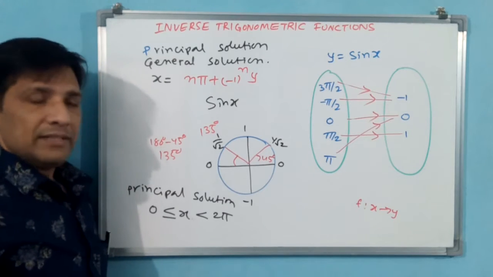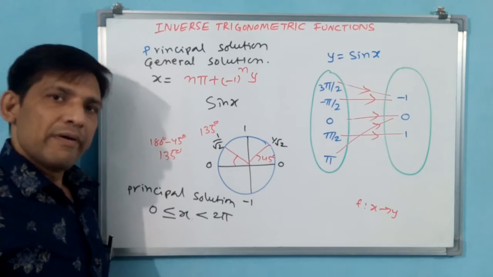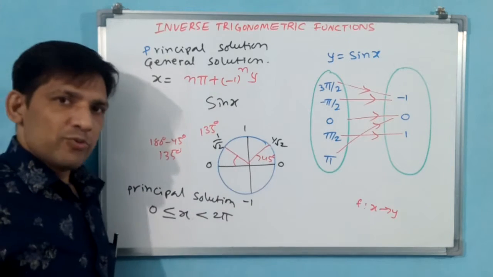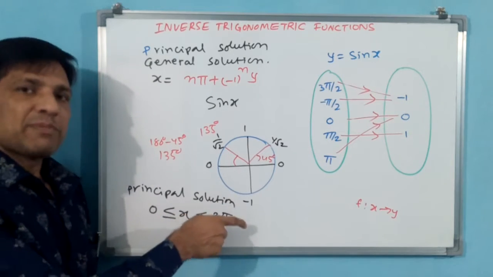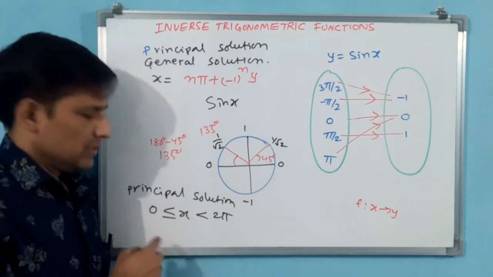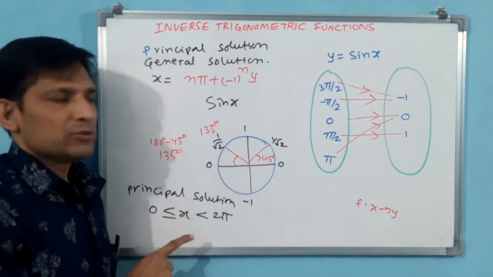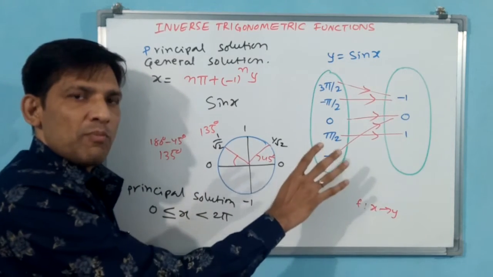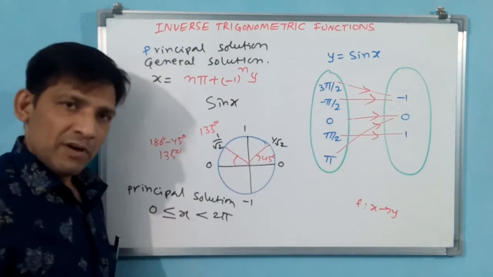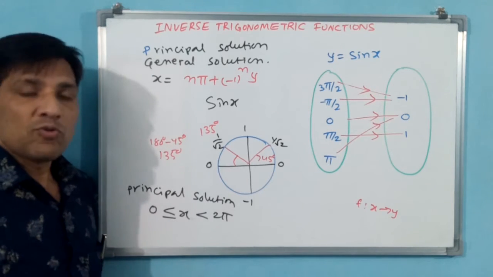Then this is going to become a many-one function. That means the general solution you cannot take anyway, and even if you take the principal solution angles, since solution means angles only, 0 to 2 pi, there is no possibility of it becoming a one-one and onto function, and no possibility of an inverse. Then what do you have to do? You have to think in some other way.